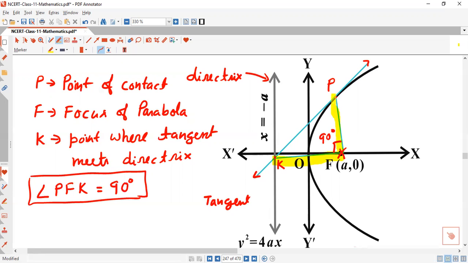So we say that here, you see this one, this angle comes out. One of the important points of this tangent: this angle is 90 degrees. So what I want to say here is that this tangent at the end point of this latus rectum meets the directrix. Suppose you draw another tangent from this point to this directrix, you will find that angle will be